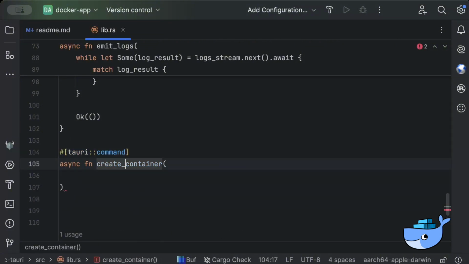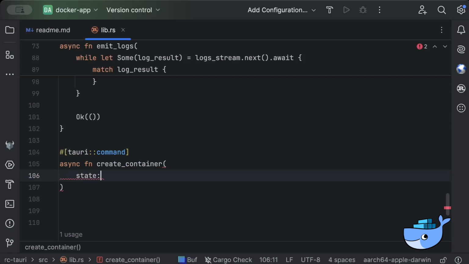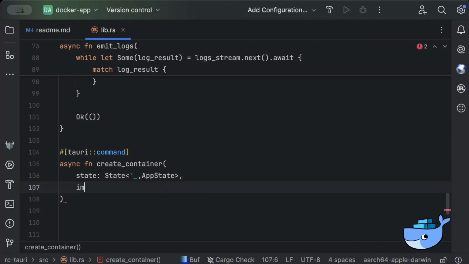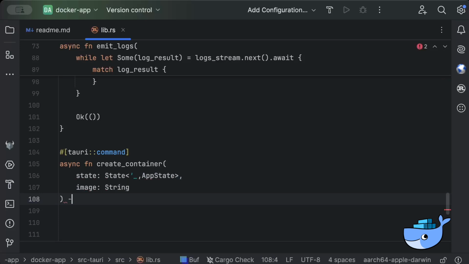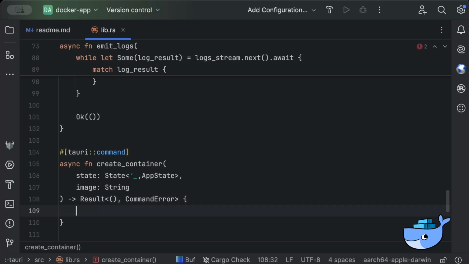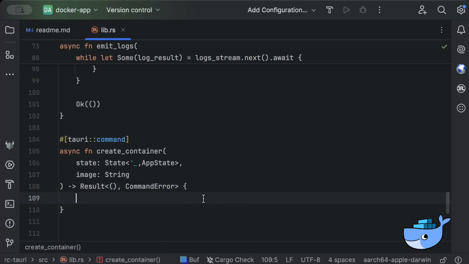So Tauri command and state lifetime and app state, and image as string, where we'll pass the image repo and tag, and result as unit or command error. So now let's add docker state and borrow the docker,